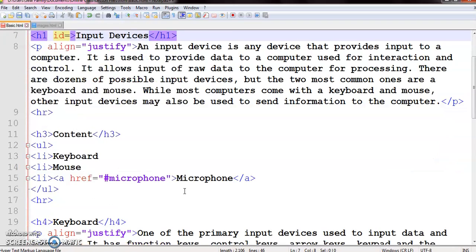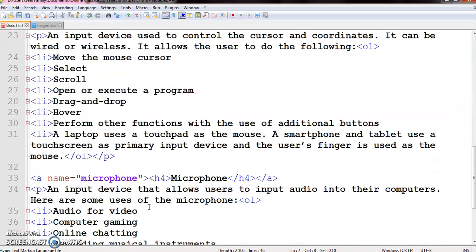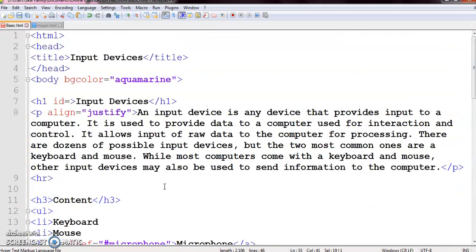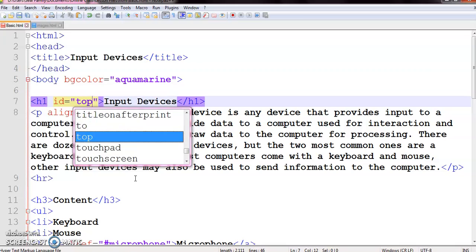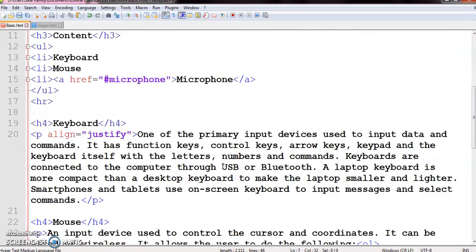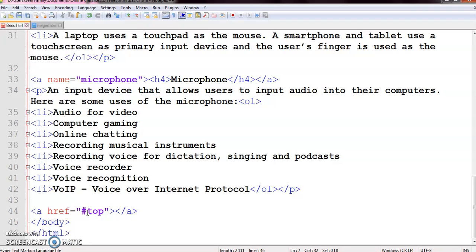Previously I used the name attribute of the anchor tag and enclosed the section inside it. But with this approach, I am going to use the ID attribute of the element. I am not using the anchor tag and the name attribute. So my ID will be top because the anchor tag here says hashtag top.